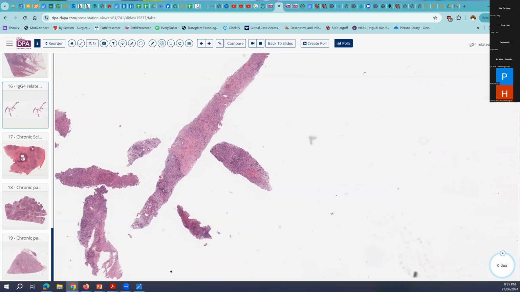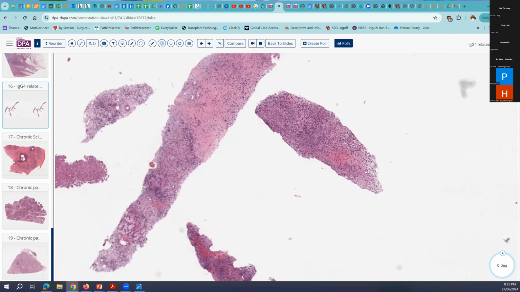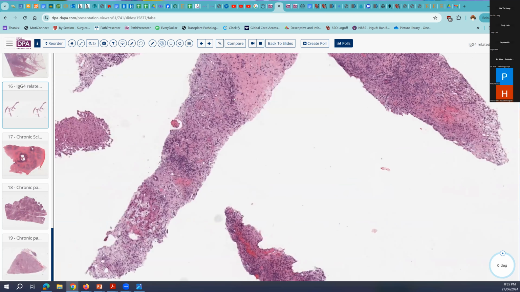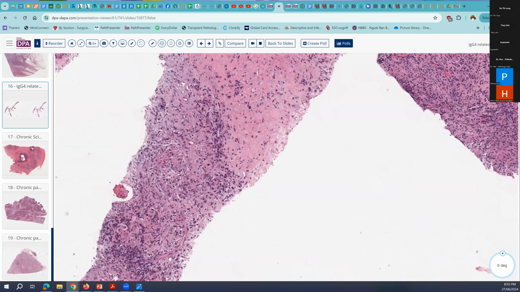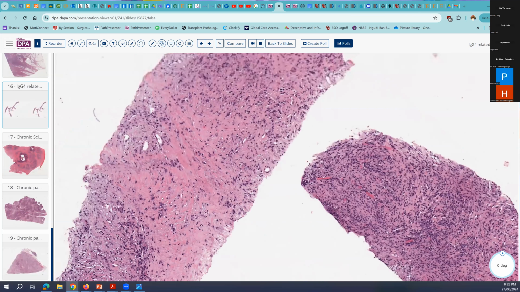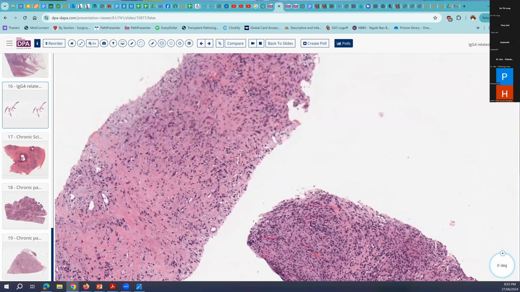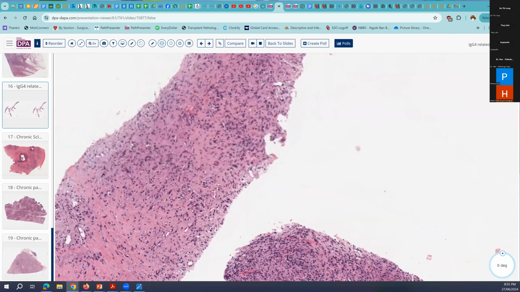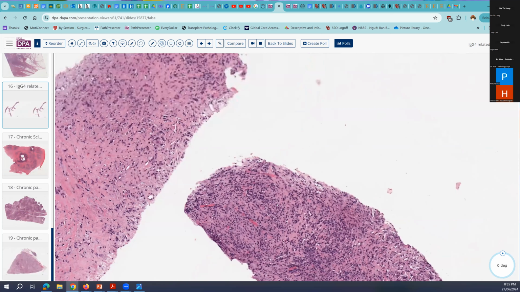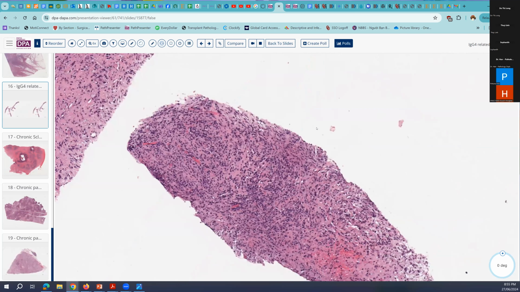And we know there's an autoimmune hepatitis, but this autoimmune cholangitis or IgG4 related cholangitis is also a possibility. And this is an example of that. And I'll send you the link to these slides so that you can review them on your own. But again, you see the pattern with a very rich plasmacytic